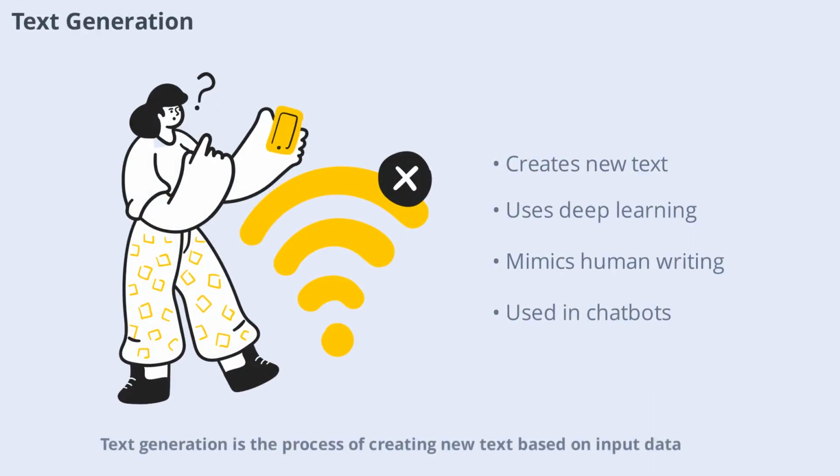Text generation is the process of creating new text based on input data. Modern NLP models, like GPT, use deep learning to generate coherent and contextually relevant sentences. Text generation is used in chatbots, content creation, and creative writing tools. By learning from vast amounts of data, these systems can mimic human writing styles and produce text that feels natural